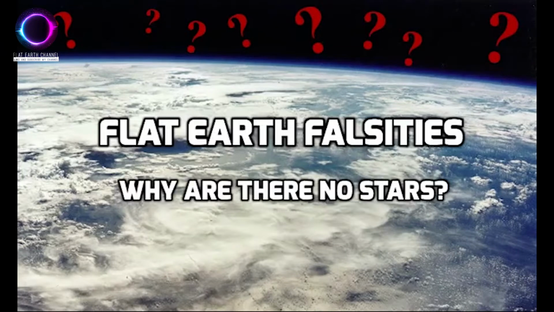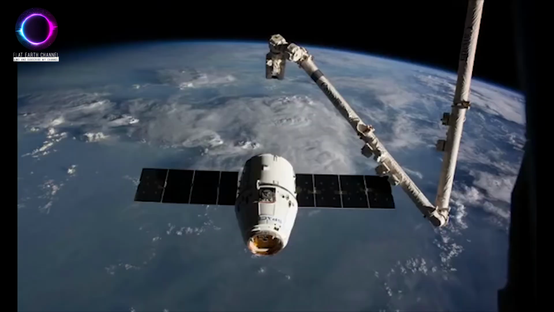This is another installment of Flat Earth Falsities. In this continuing series, I will debunk various erroneous and fallacious claims made by flat earthers. One question I get a lot when showing any pictures of the Earth or Moon from space is, why are there no stars in these pictures? And invariably, they claim that the absence of stars proves the images are fake.